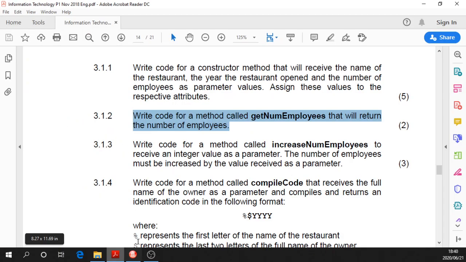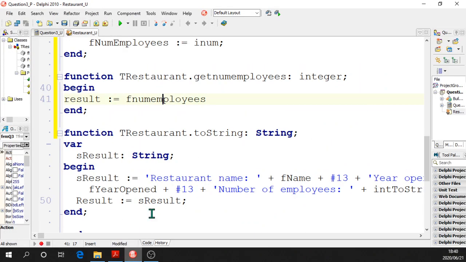Next question. Write code for a method called increase num employees to receive an integer value as a parameter, and the number of employees is increased by the value received as a parameter. So if you're going to set something, what is that? That is a procedure. Set methods are procedures. If you change the private fields, you're normally using a procedure. The private fields being those